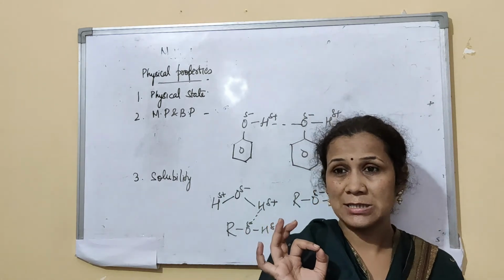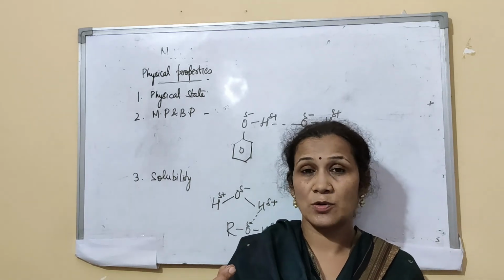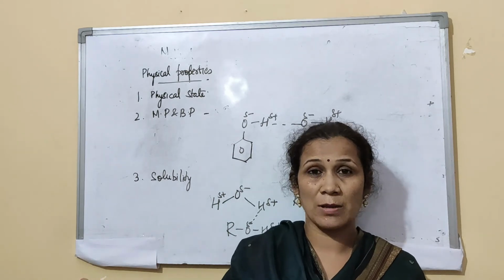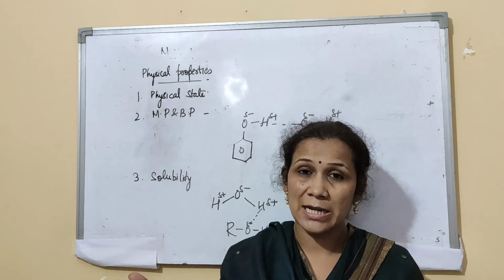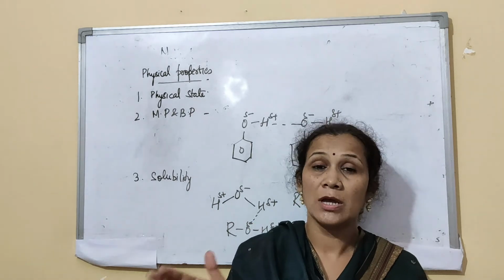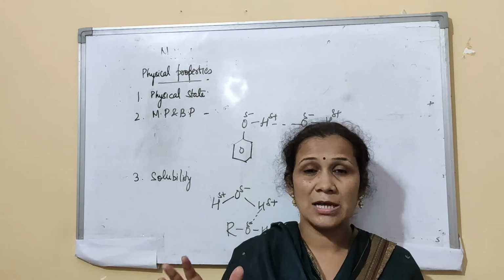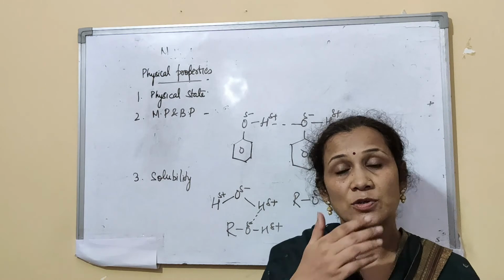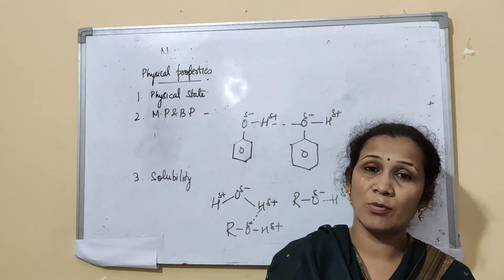So whenever you study some properties, you have to keep comparing all the compounds so that you don't get confused, and you remember one by one which is soluble and which has the highest boiling point, because in boards and other exams they ask you the order. Write the ascending order, write the descending order. For that you need to be very clear about the boiling point, the melting point and other properties. They will never ask you straight questions. They will always ask you to write the order. For writing the order, you should be very clear in the concept of boiling point, solubility, melting point, etc.